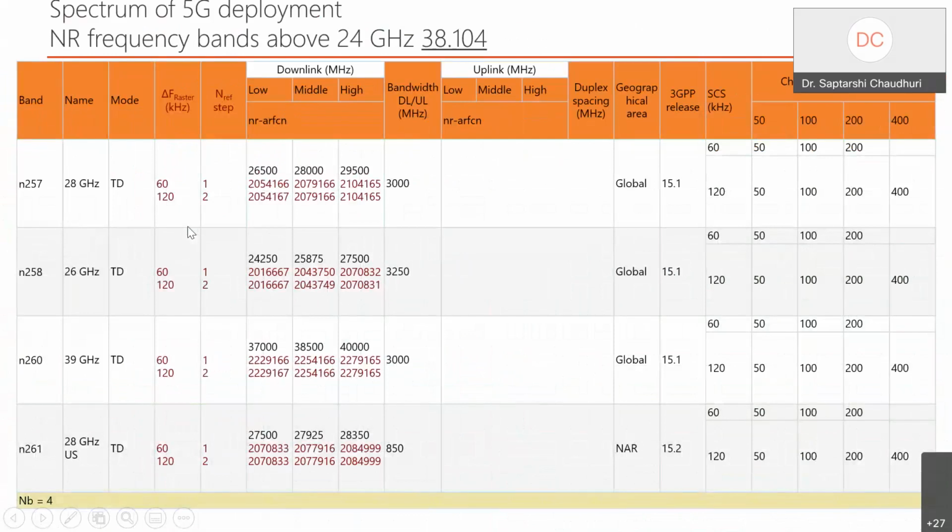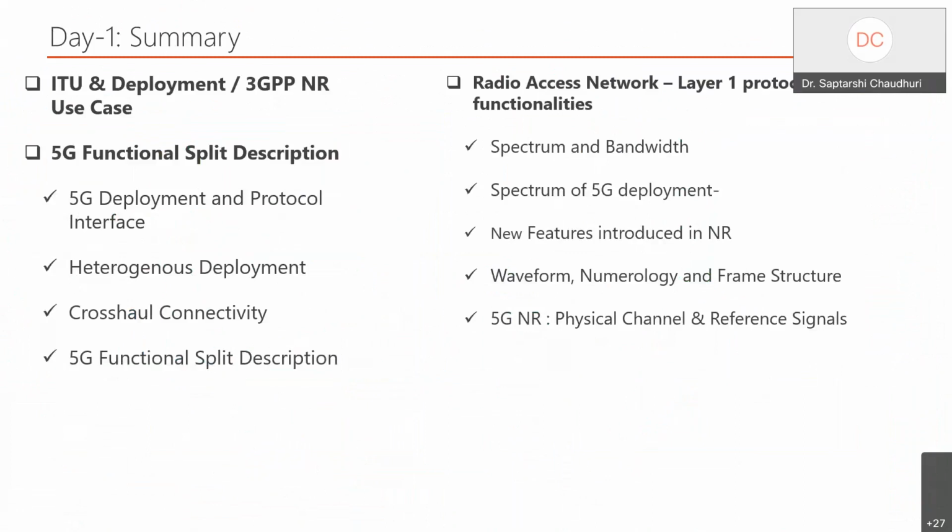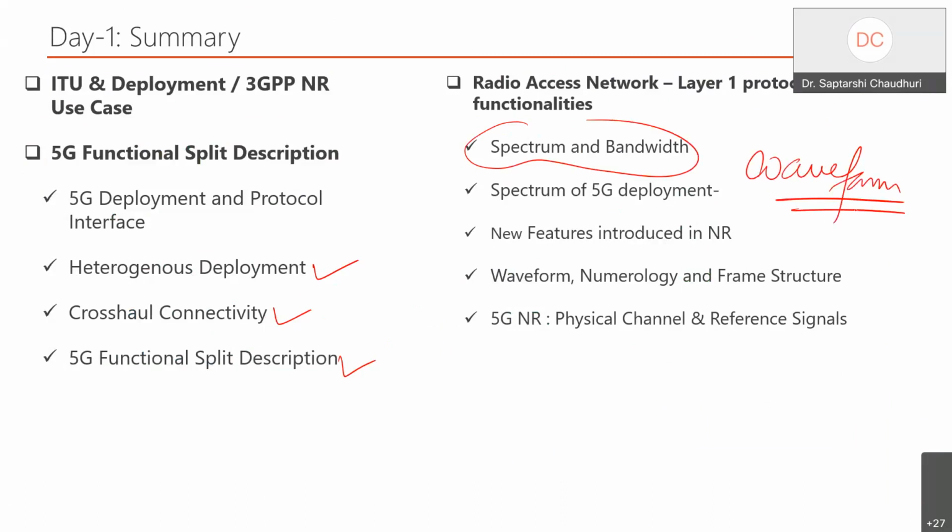What we covered is a lot of things you can see in the slides, which I don't want to get into, but this is the summary of what I talked about on day 1: the deployment, the headend deployment, the crosshaul deployment, the split functions of 3GPP. And we went to the physical layer with respect to the spectrum and bandwidth, that is, what we call waveform generation. This is the waveform that we have modified keeping 4G as a base, but the whole thing got revamped from the 5G waveform point of view. A lot of new features were added, which I covered on day 1 itself.